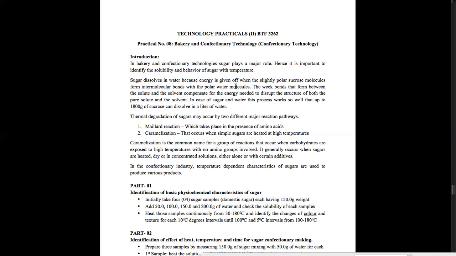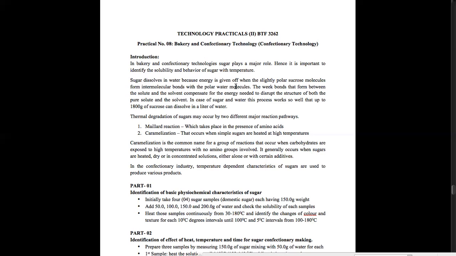In confectionery technology practicals, there are several factors to maintain critically. There are several critical factors such as temperature, time, stirring speed, and the time we are adding ingredients, right? There is a sequence, so you can't add raw materials as you wish. There is a sequence. And there are also some common problems related to confectionery industries.